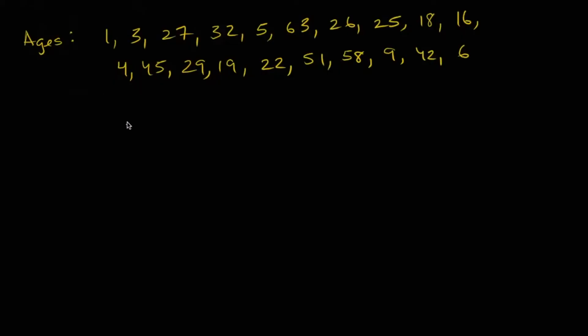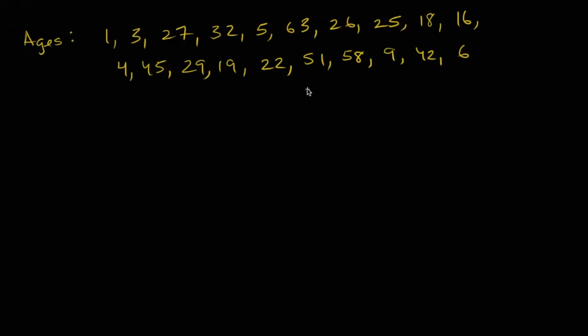So let's say you were to go to a restaurant, and just out of curiosity, you want to see what the makeup of the ages at the restaurant are. So you go around the restaurant and you write down everyone's age. And so these are the ages of everyone in the restaurant at that moment. And so you're interested in somehow presenting this, somehow visualizing the distribution of the ages, because you want to just